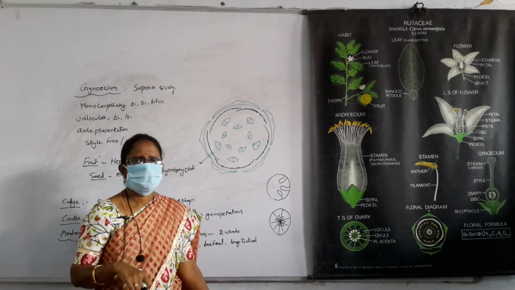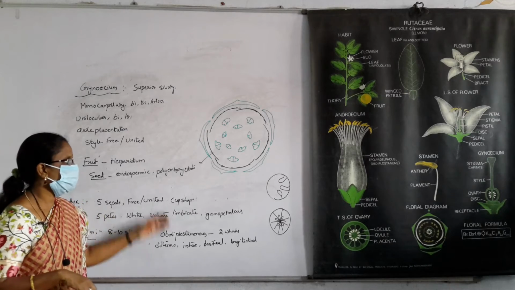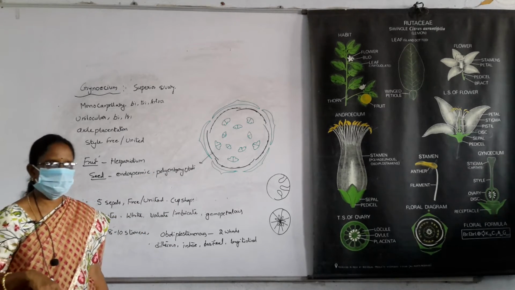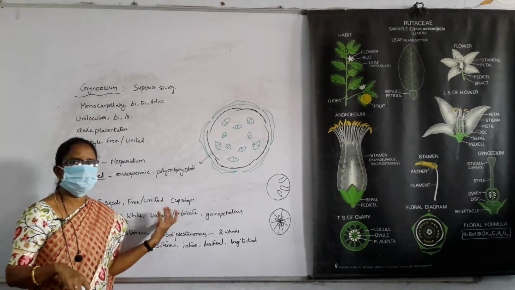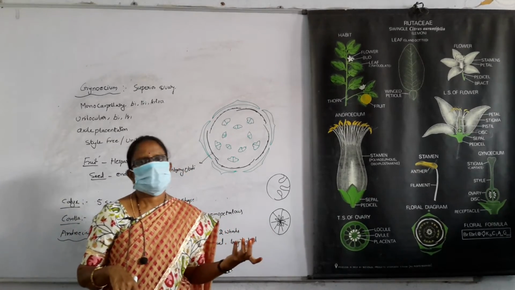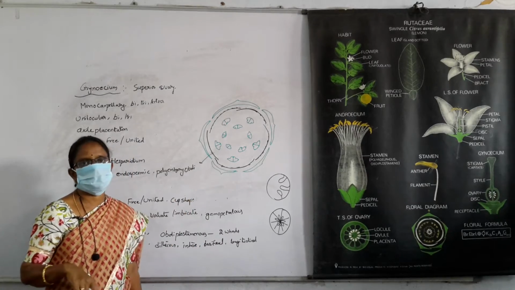This is the Rutaceae family and these are disciflorae plants. There are two special characters in Rutaceae plants. Axial placentation is also occurring. Examples are lime, citrus and different types of plants. And this is Rutaceae.